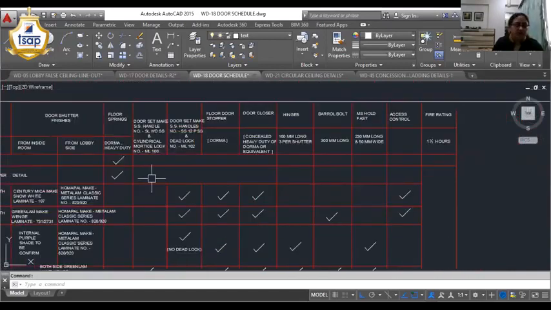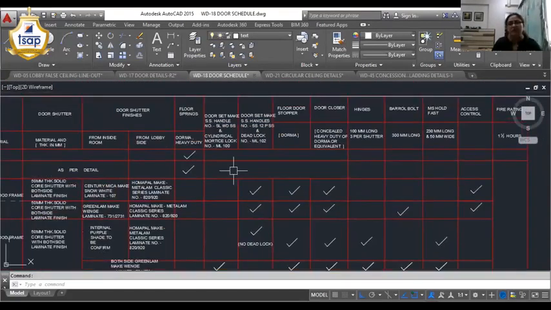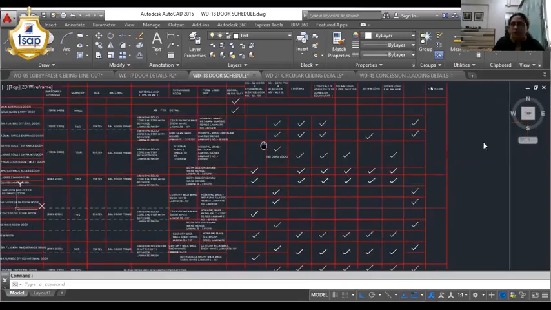All the correct or detailed specifications can be listed in the BOQ. The drawing can show which hardware is used for that particular door. You need not write each and every specification on the drawing itself when tender drawings are prepared, but you can write it in schedule form. Now, door details.